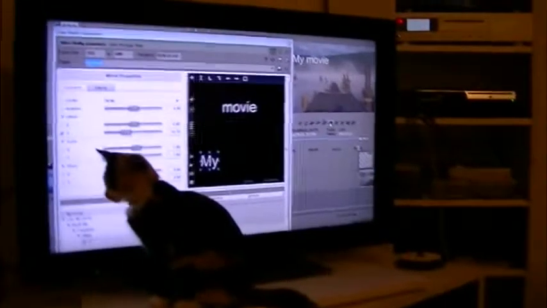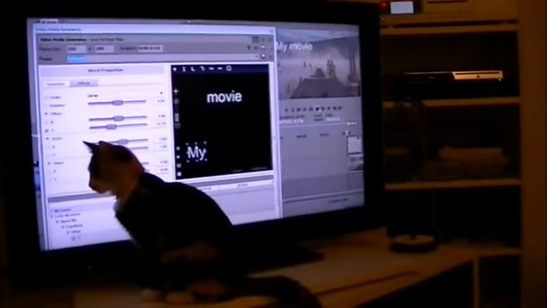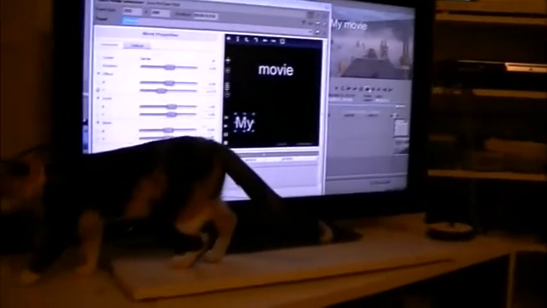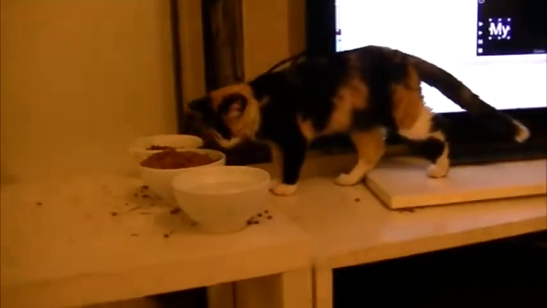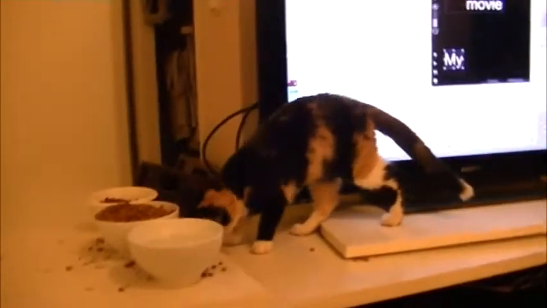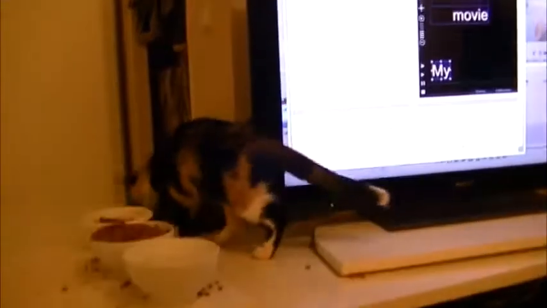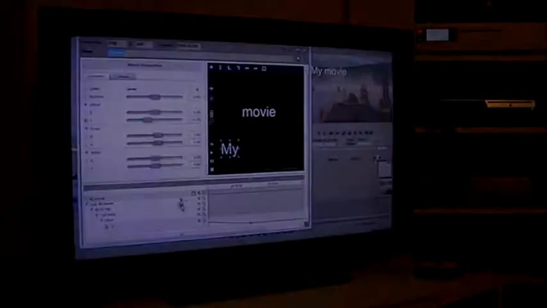Okay, that's pretty cool in and of itself, that I can move one word down pretty easily without moving the other. But what if I wanted the word "movie" to come with it, but stagger them a little bit? That's where this starts to get kind of fun. And if I move this up a little bit, you'll be able to see this a little bit more effectively. Notice this button right here called the Toggle Cascade button. If I turn this on, Toggle Cascade on, click it to turn it on,